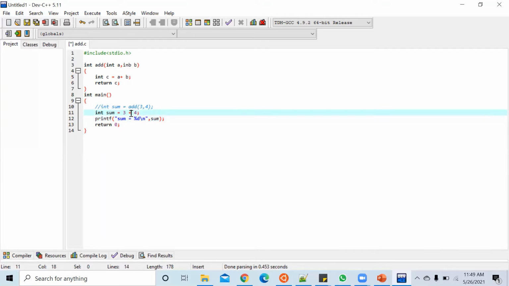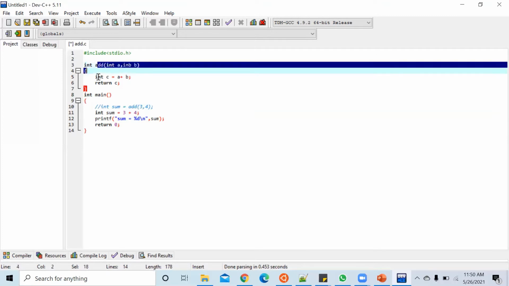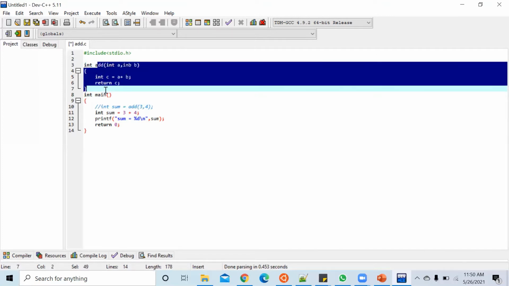See, here also we are adding two numbers and printing, but here we have a function. The lines which start with double slash are called comments. They will not be executed or compiled by the compiler. So we can print it like this also, right? What is the advantage you see when we use the function add?